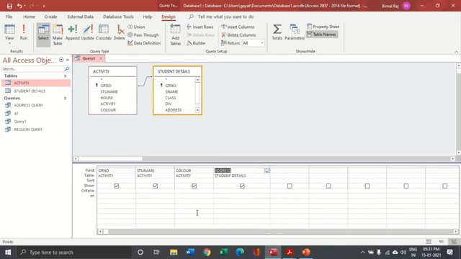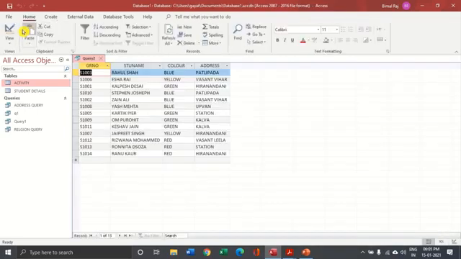Let's take the address. So 3 fields I am taking from the activity table and 1 field I am taking from the student table, only the address. And then I will click the run button, and with the run button, see the GR number, student name, color and address. These 3 fields are from the activity table, and this particular field which is address is from the student details table.